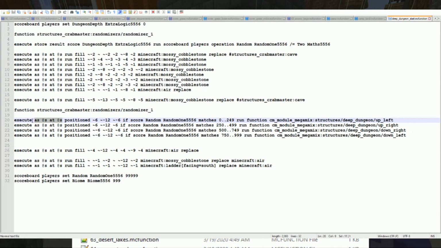Okay, here's the thing I will say. So this is the first command in the thing. Do not use as at self positioned if it's on another one that's supposed to be positioned, because this will do the positioning at the entity. If I go, so like if this one runs and it goes to the, you know, the up left, if I go to that,